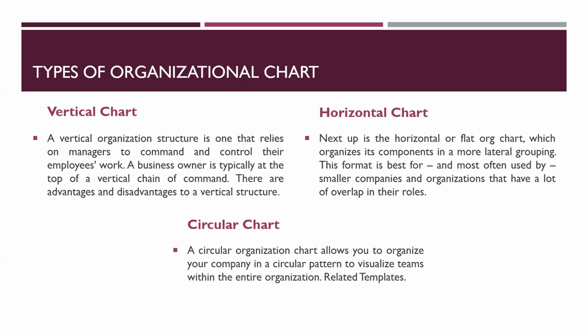In a vertical structure, it flows from top to bottom, very vertically. That means command is there and employer control is very much higher in a vertical chart. For example, the CEO is there, below that the functional managers, below them the assistant managers, below the assistant managers the executives, and below the executives the other subordinates, where quick and close supervision will be there in a vertical chart. Next, the horizontal chart.